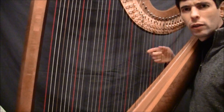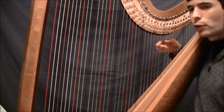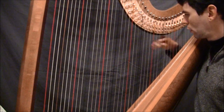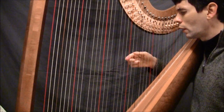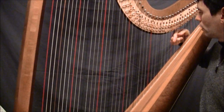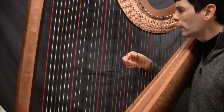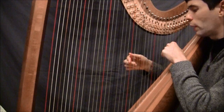Now at the very end, I don't know how well this is showing up in the video, but I'm coming up and I'm coming to this final note, and I end up sort of sliding onto it and then playing it. That's slightly safer than just glissing all the way up and trying to stop on that last note. And it also provides perhaps a little bit more definition on that ending note. So that's the trickiest thing about an upwards gliss,